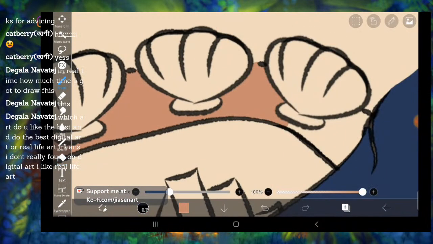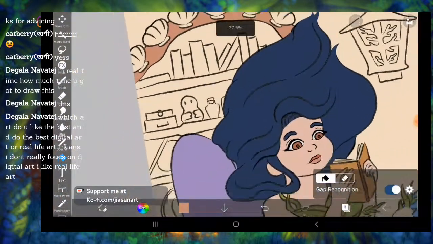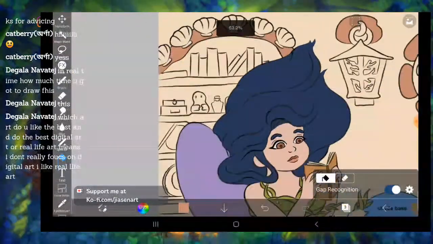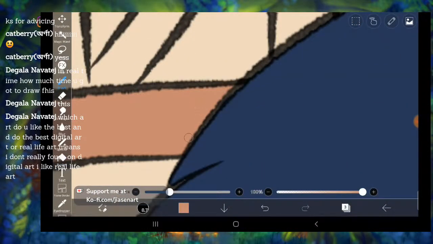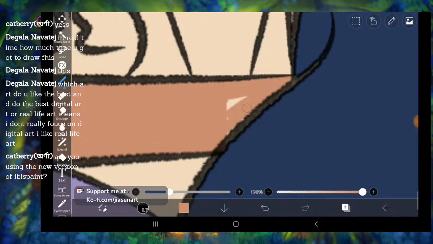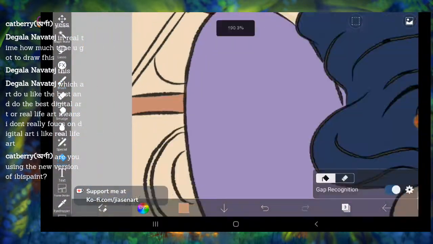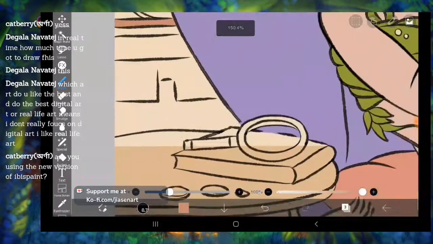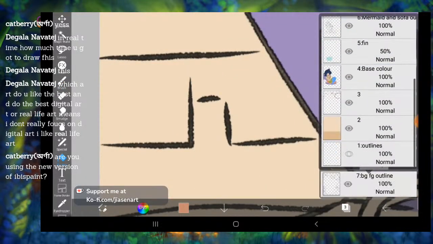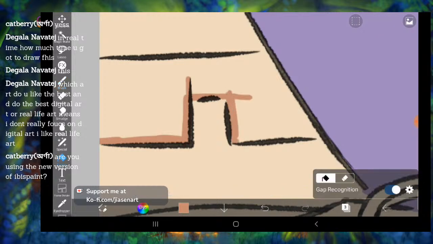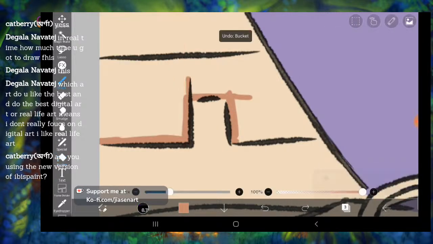Which art do you like the best? Which art? What do you mean by which art? Do you mean traditional versus digital, or what? I didn't use anything from the updated version, so it doesn't matter whether it's the older version or the updated version.